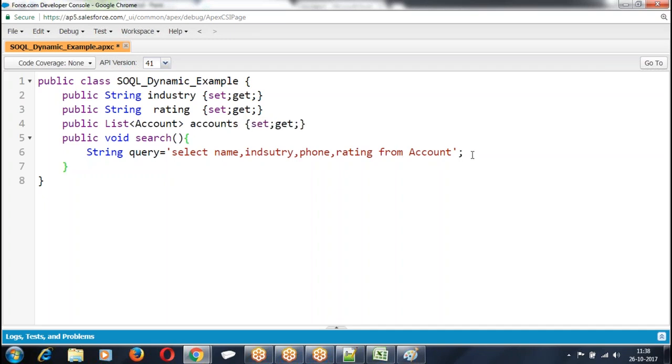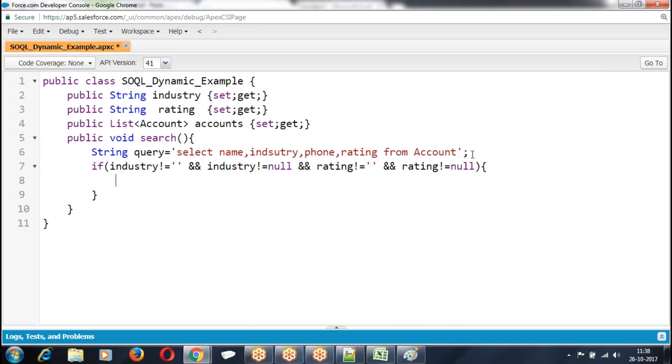Now I'm checking whether the account is entered or not. Do you know industry is an account field or not? Industry not equal to blank and industry not equal to null, and rating not equal to blank and rating not equal to null. What does it mean? Both the values, industry and rating, are not blank and not null. Both the values are entered. If both the values are entered, query equal to